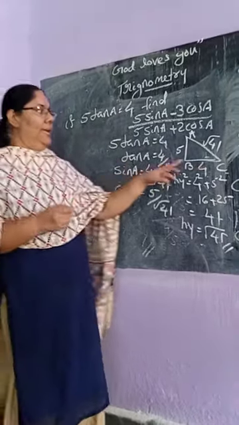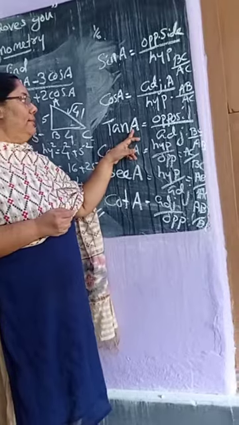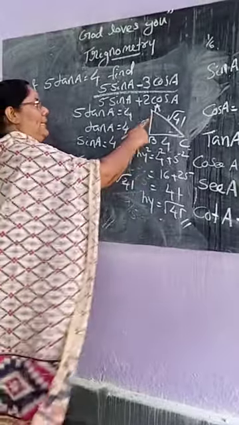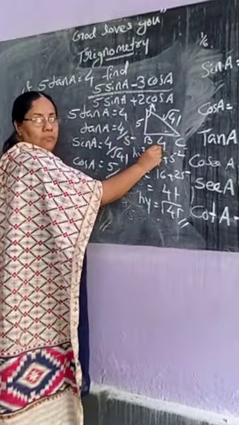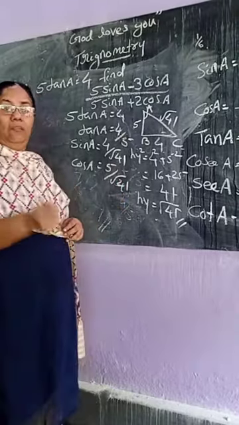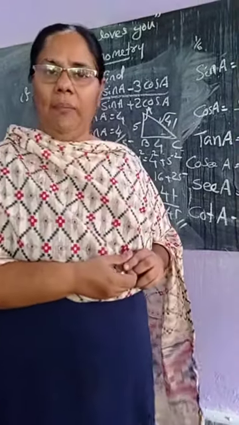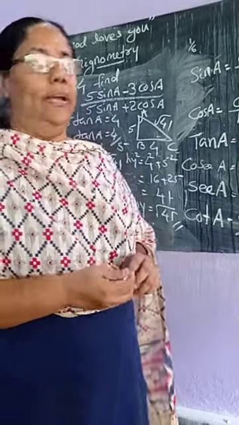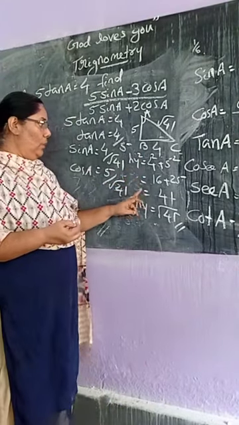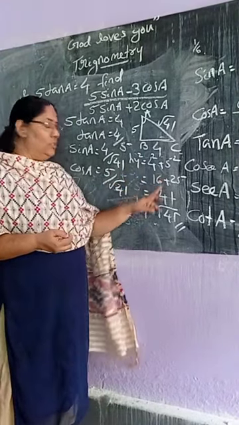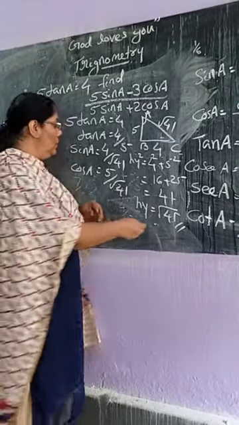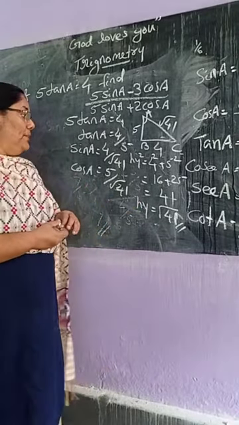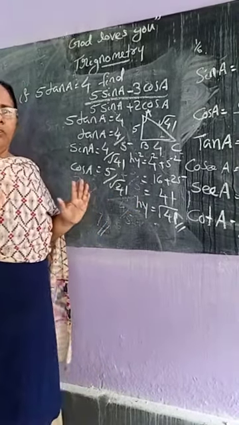Then can you say what is tan A is equal to? Look here. What is tan A? Tan A means opposite side by adjacent side. Therefore, if you select here A, then opposite side is 4 and adjacent side is 5. We need hypotenuse. What's the formula? Hypotenuse square is equal to opposite side square plus adjacent side square. Therefore, hypotenuse is root of 4 square plus 5 square. You will get hypotenuse is equal to root 41. 16 plus 25 is 41. Now keep that root 41 there.